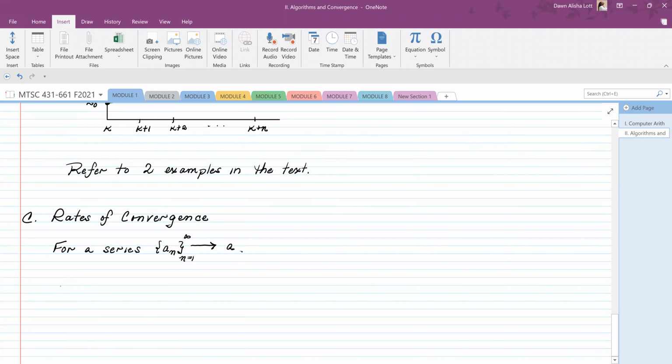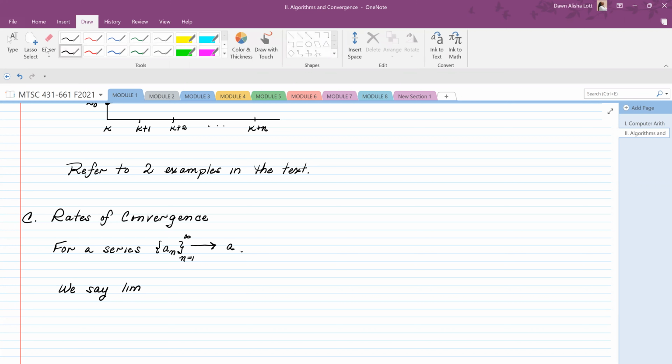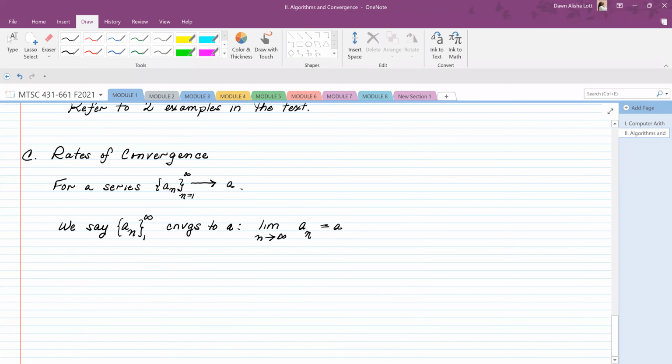Okay, so we say that a_n converges to a, that is the limit as n approaches infinity of a_n is equal to a, and by definition, that